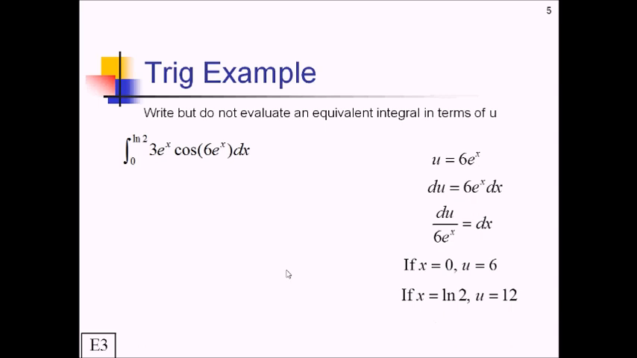Plugging it all back in now, I've got the integral from 6 to 12 of 3e to the x cosine of u du over 6e to the x. And now the 3e to the x and the 6e to the x can cancel a little bit, so I end up with 1/2 integral from 6 to 12 of cosine of u du. And that's about as far as we have to go on this particular problem, although we could integrate the rest